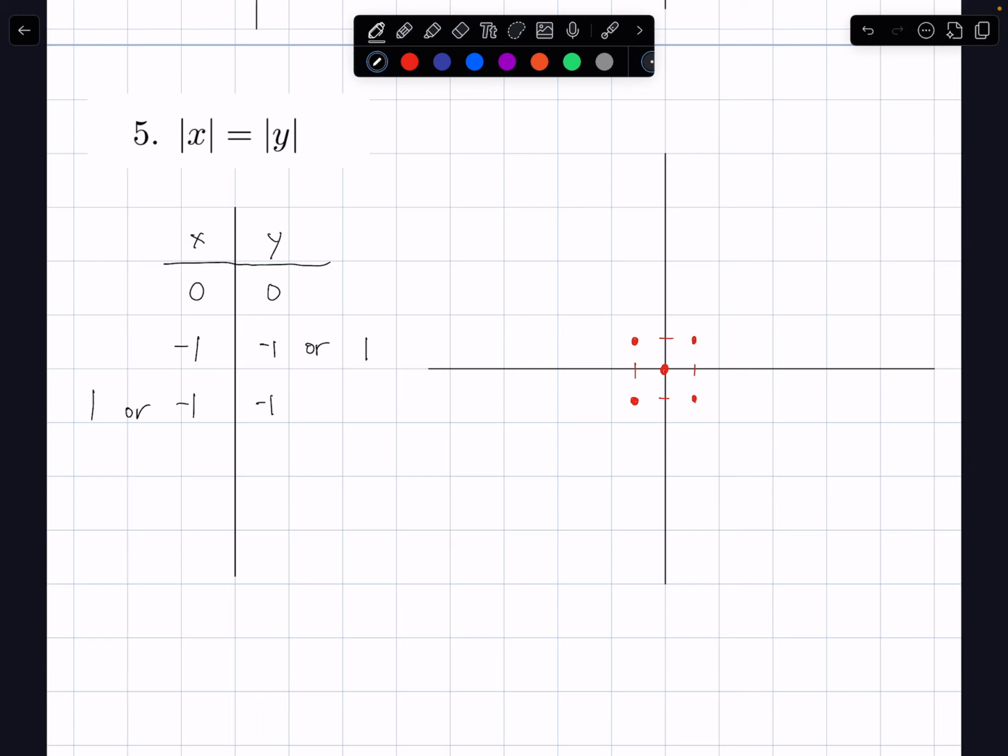Like let's say x was -2. Well, y could be -2 as well, or +2. And similarly, if x was 2, well, y could be -2 or +2, either way. Right? So we have all these different combinations. So 1, 2, 1, 2, they could both be +2, or they could both be -2 over here. Or x could be positive, y could be negative, x could be negative, y could be positive. So your graph kind of looks like this,